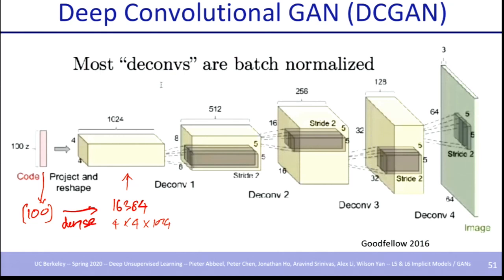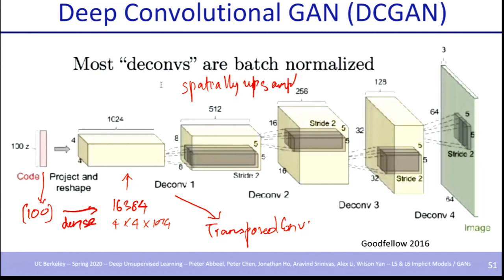For those of you who are not familiar with this word, it's just the transpose conv, which is basically what happens when you do a backward pass of a normal conv, which is the transpose of that. If you use it with a stride greater than 1, it lets you upsample, because the backward of that would be downsample. So from a 4 by 4 by 1024, at every layer what you're doing is you want to spatially upsample, and you want to do channel downsampling.